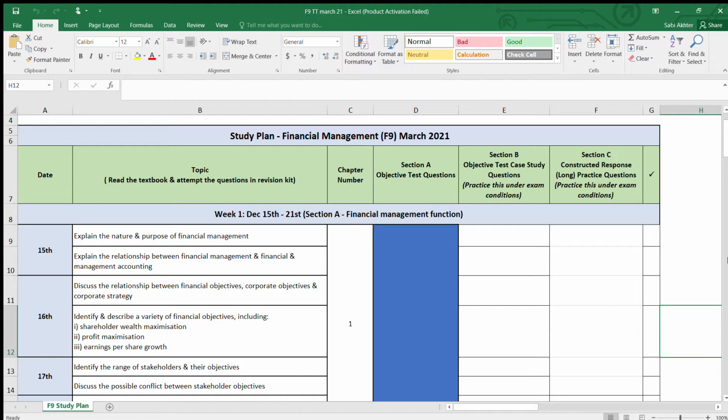So in your revision textbook, revision kit, there are questions under each section. You're given section A, section B, section C. So I've divided equally and I have included all here, right? Later, if you want,